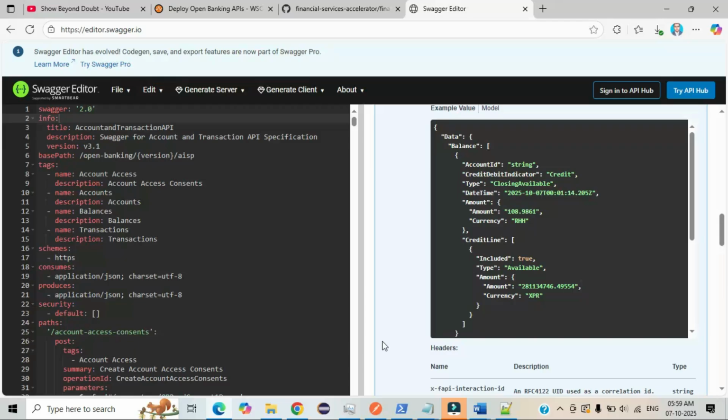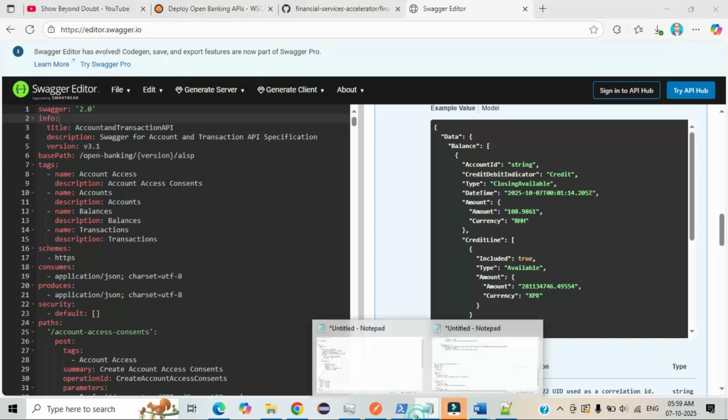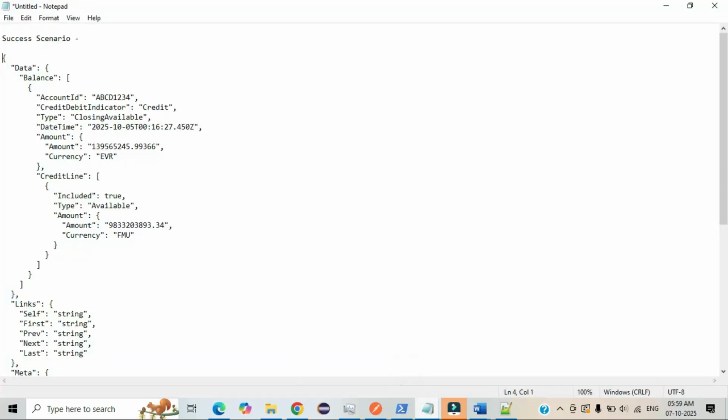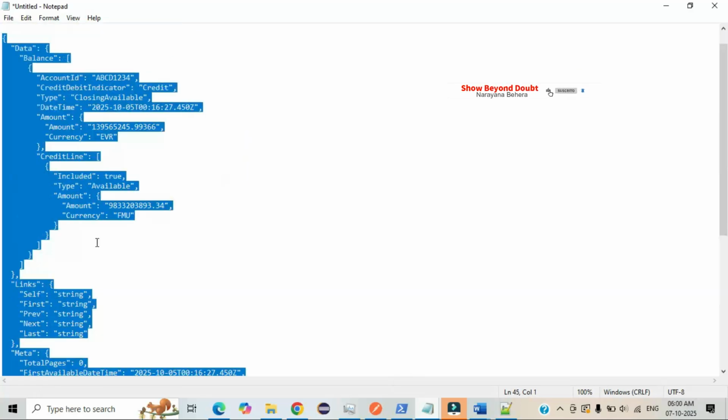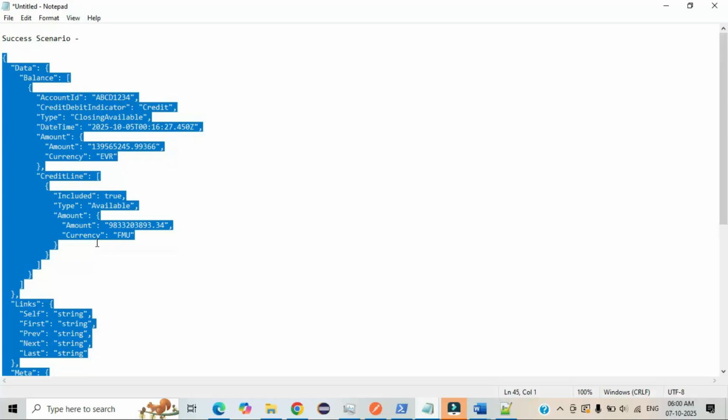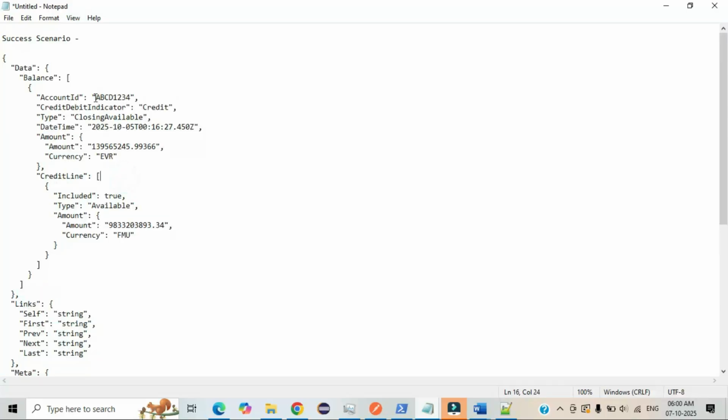Let's go through the requirement analysis to understand what kind of scenario I already explained, and how to build the end-to-end API mocker flow, which will complete our balance flow. This is the same clone of the browser you saw just now. For the Swagger, I already took one successful response and just modified this account field to a different value.